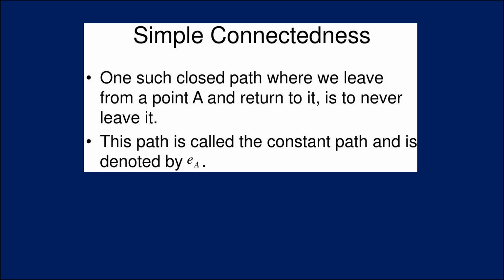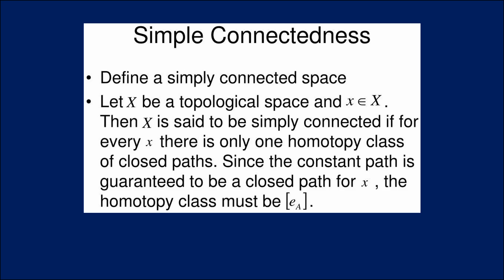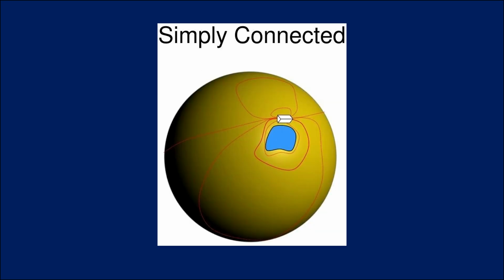to never leave it. This path is called a constant path and it is denoted by E of A. Let X be a topological space and x belong to capital X, then X is said to be simply connected if for every x there is only one homotopy class of closed paths. Since the constant path is guaranteed to be a closed path for X, the homotopy class must be closed on EA. This is an example of a